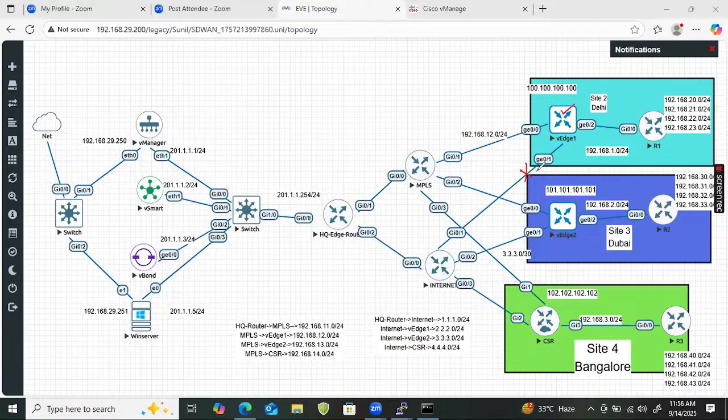VH1, big internet is down. Okay. And VH2, MPLS connection is down. VH1, big internet down, or VH2, MPLS connection is down. Tell me one thing, Sunil, between the VH1 and VH2, is it possible we can make